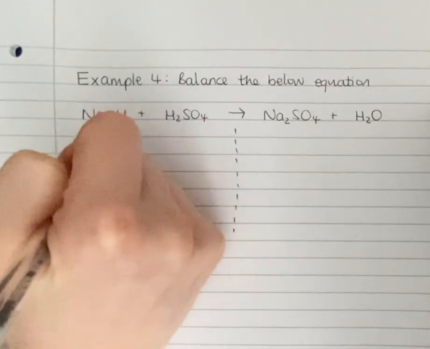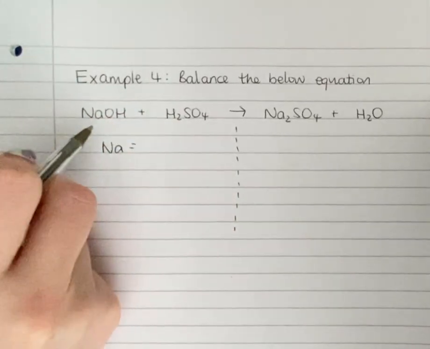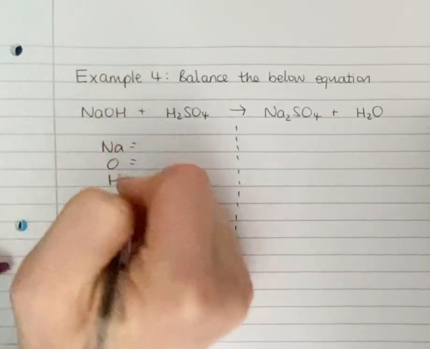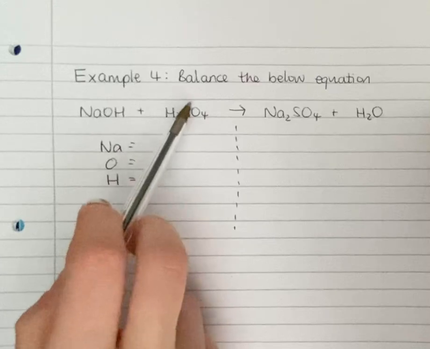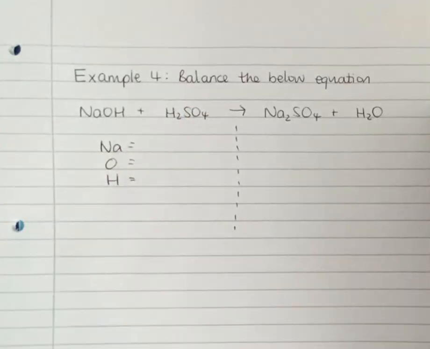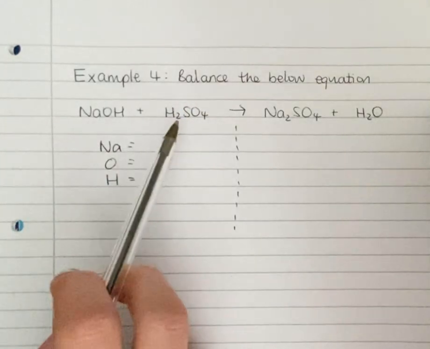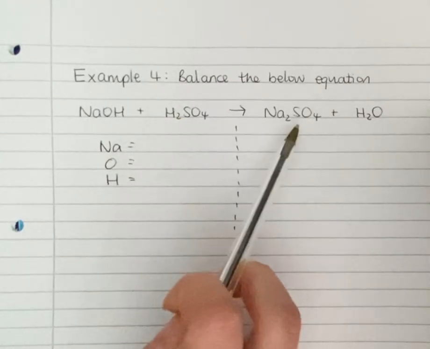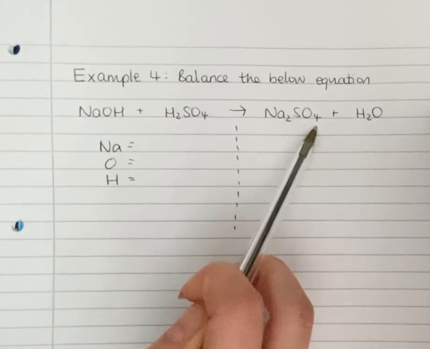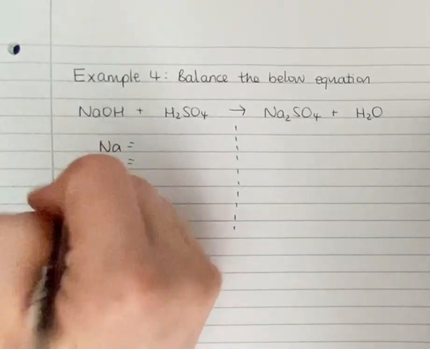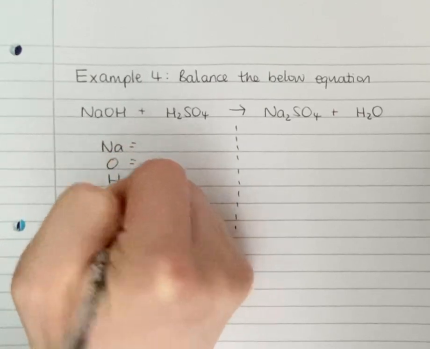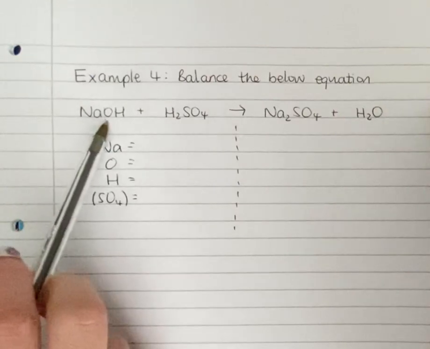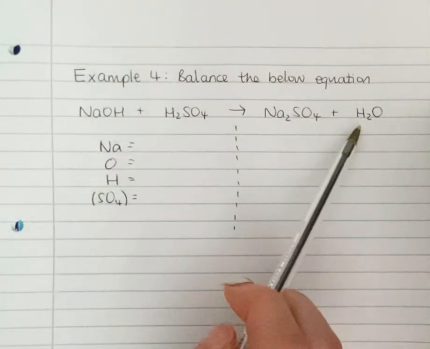Now we've got sodium, Na, oxygen, O, hydrogen, H. Okay, and if we look here, we've also got hydrogen, and then we've got SO4, which is what we know as sulfate. Now if you look here, sulfate appears as SO4 before and as SO4 after. So instead of splitting this up, we can keep it all together as a sulfate. Okay, now the reason we couldn't do that for our hydroxide is because we don't have hydroxide